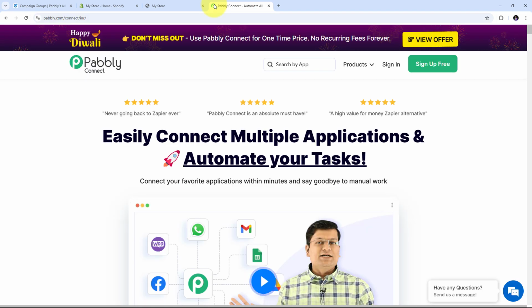and this will take us to the landing page of Pabbly Connect. Here on the landing page I have these two options, sign in and sign up for free. If you don't have an account with Pabbly Connect, you can just click on the sign up for free button, and it will take only 2 minutes of your time and you will get 100 free tasks every month. Or if you already have an account or you are an existing user, then you can just click on sign in